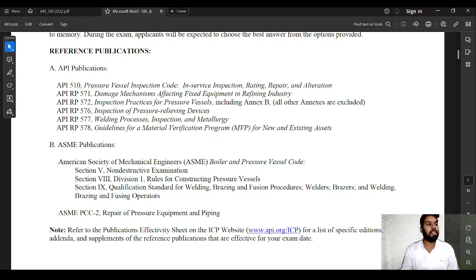Next is API 578. API 578 is guidelines for material verification program for new and existing assets. This means that whenever a new component is bought, or whenever a component is bought for a repair operation, in that case the material verification has to be done. If the material verification is not done,